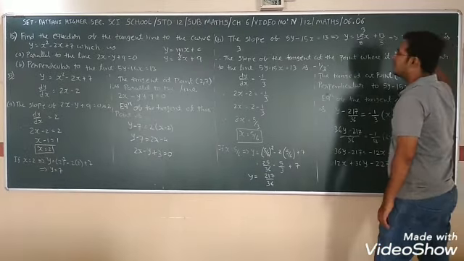We have dy/dx = 2x minus 2. So 2x minus 2 equals minus 1 by 3. Changing sides, 2x equals 2 minus 1 by 3. 3 twos are 6 minus 1, 5 by 3. 2 comes down, 5 by 6. Put this in your main equation y = x square minus 2x plus 7. 25 by 36 minus 5 by 3 plus 7. 7 threes are 21 minus 5, 16 by 3. Now multiply by 12. So you get the final answer 217 upon 36.